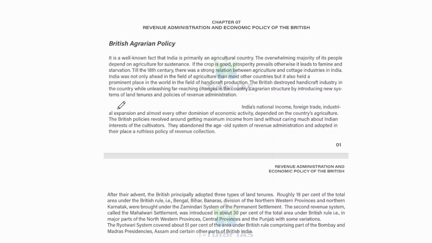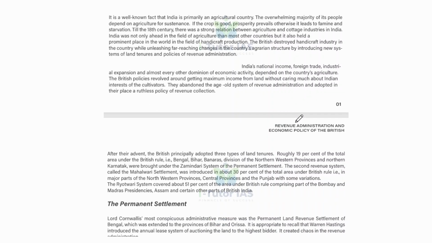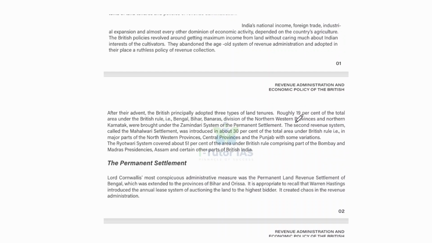The British destroyed the handicraft industry in the country while unleashing far-reaching changes in the country's agrarian structure by introducing new systems of land revenue, tenures, and policies of revenue administration. India's national income, foreign trade, industrial expansion, and almost every other domain of economic activity depended on the country's agriculture. The British policies revolved around getting maximum income from land without caring much about the interest of the cultivators. They abandoned the age-old system of revenue administration and adopted in its place a ruthless policy of revenue